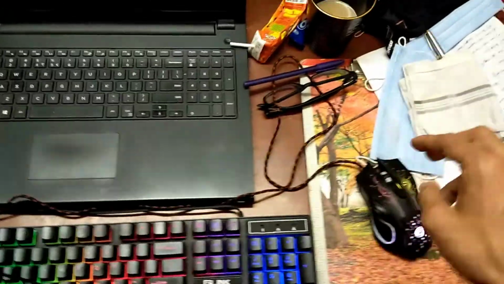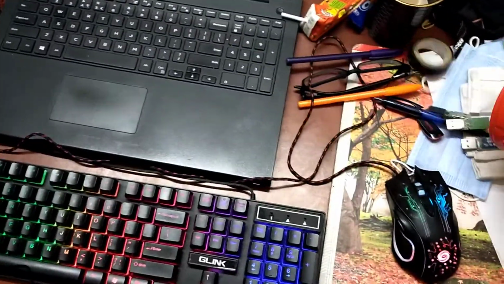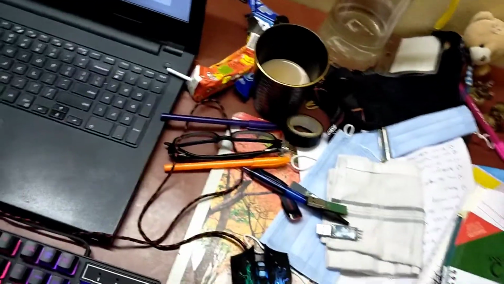So hello guys, I am Frey and you are watching Internet's Boy. So today I will show you how to make a live bootable Kali Linux. And when I say live boot, it means the Kali Linux will be in your pocket. You are not going to infect the operating system or install the Kali Linux. I will just show you what I'm saying.